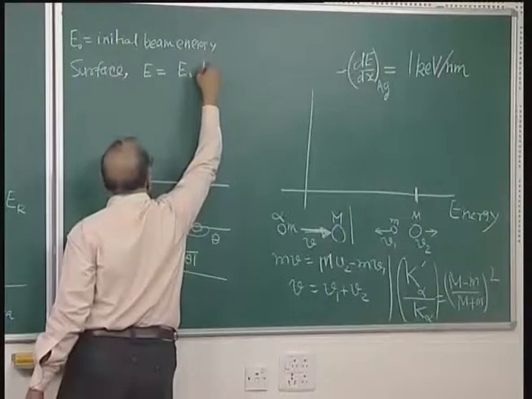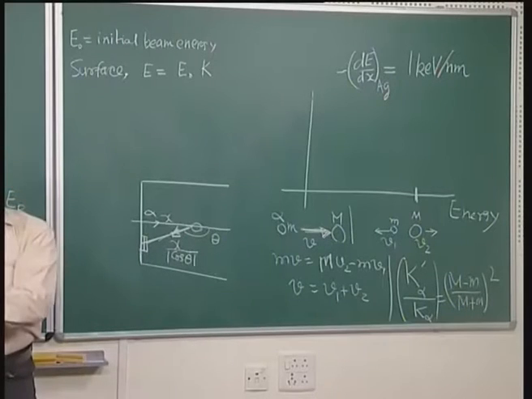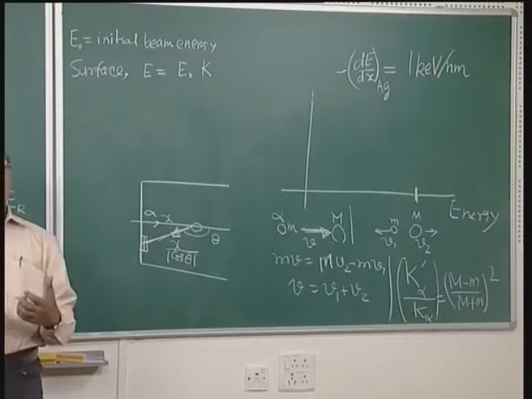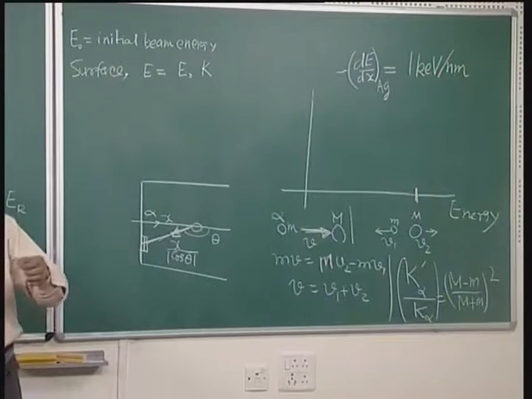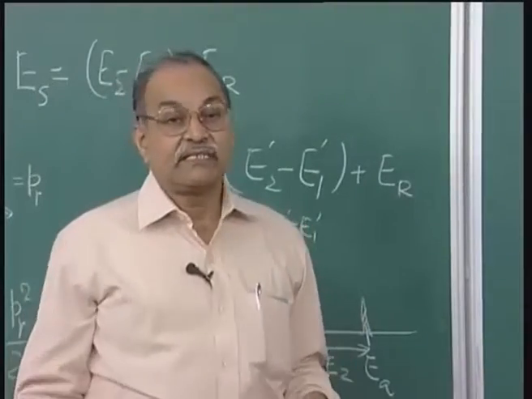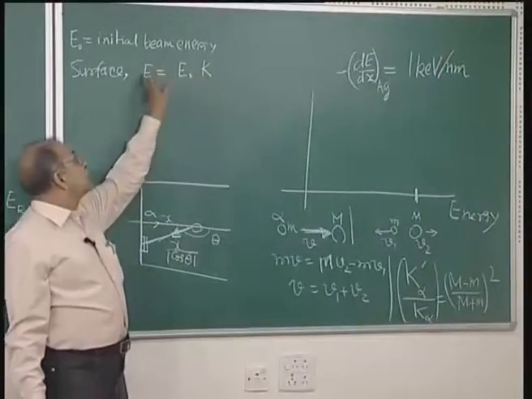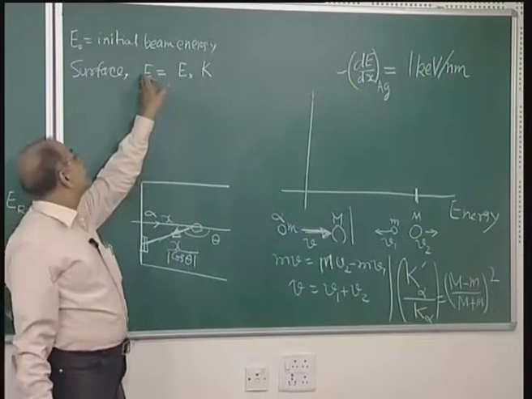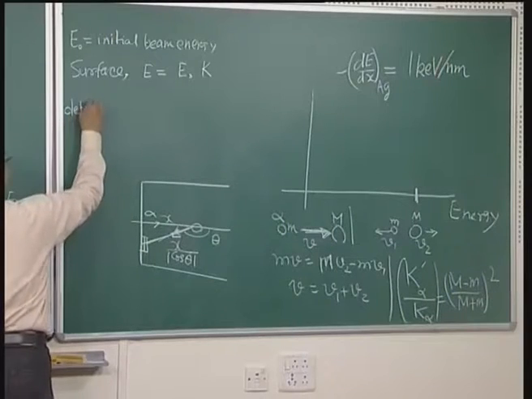It is called the kinematical factor. It depends on what the target nucleus is, what the projectile nucleus is, and at what angle it is coming, 150 degrees or 170 degrees. So, that will decide this kinematical factor k. So, the energy received is just this if it is from the surface, and if it is from depth x,